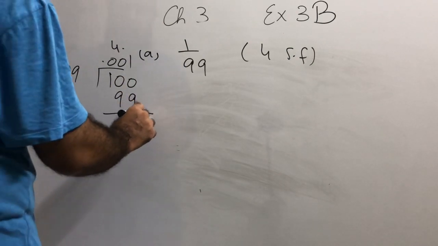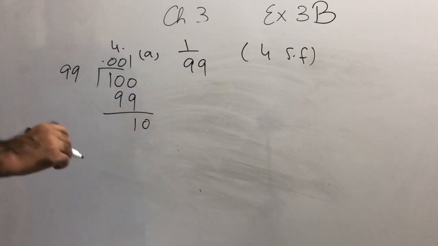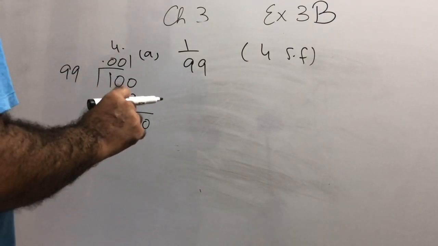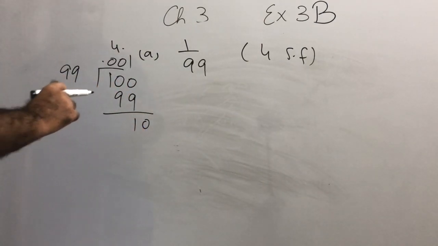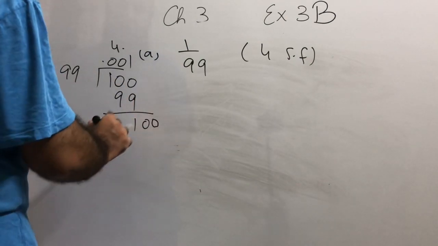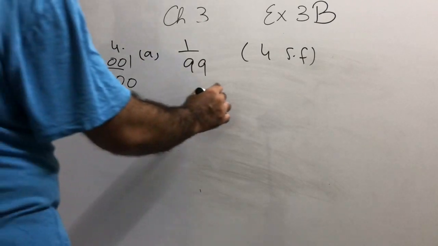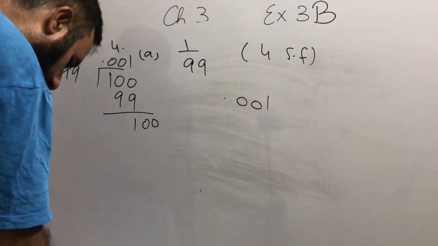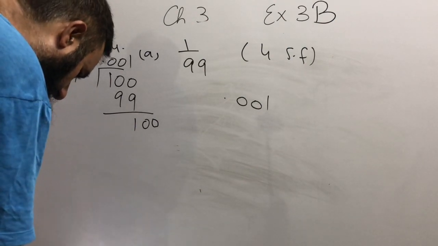So 1 0. Okay, so we need it to 4 significant figures. Okay, so it will be 0.001, and